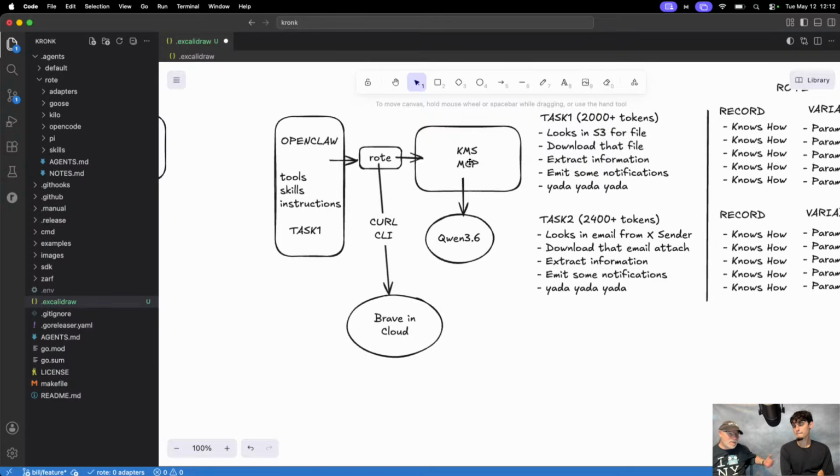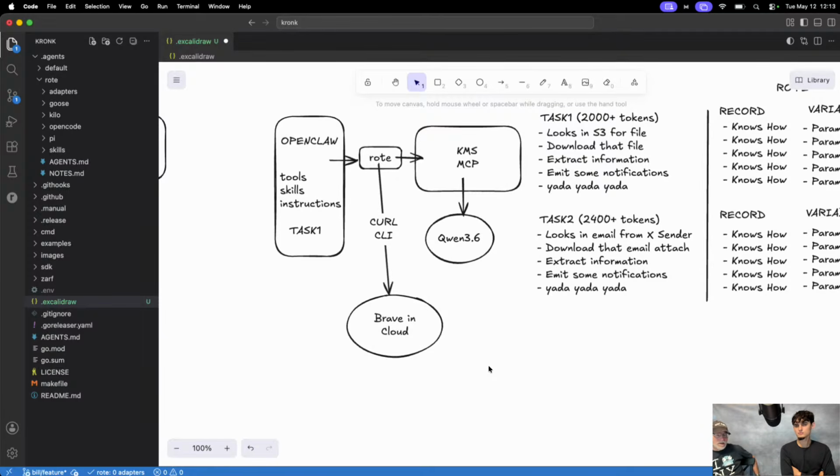Now, my fuzzy replace needs a home. Again, I could argue that I could create another CLI tool for that. That probably is not a bad place to keep it. But you see how rote can make MCP calls for you and save sessions and all that stuff. But for Brave API, if I was going to go down the rote route, why am I doing that? It would be more efficient to let it just record how to do a Brave search. And then all it needs to know now is the parameters, right? That's coming out of OpenClaw.